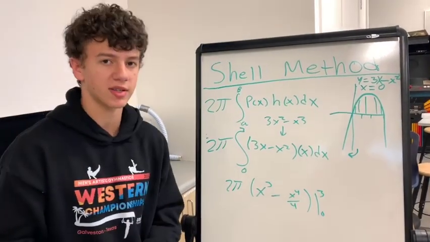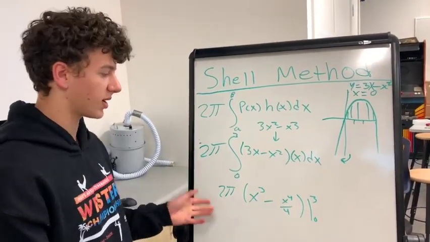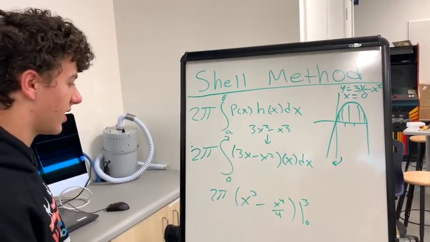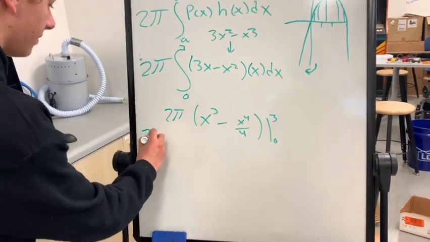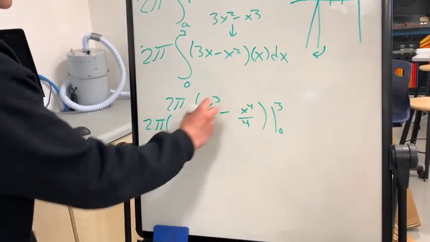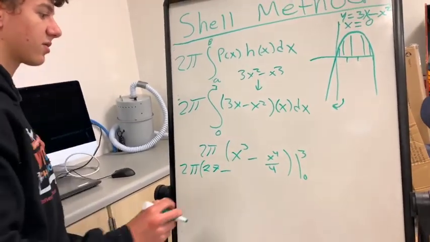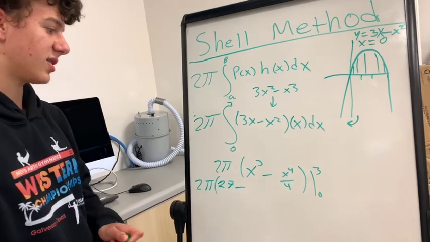So if you want to pause the video here, try to plug in the numbers yourself, see what you get, feel free to do so, but I'm going to solve it right now. So we have our 2 pi times 3 cubed, what's 3 cubed? 27, minus 3 to the 4th, which is 81,